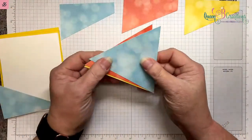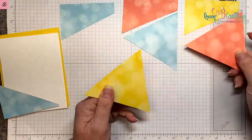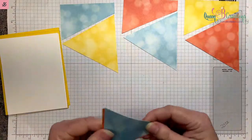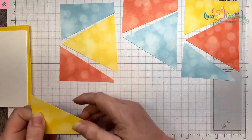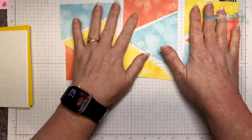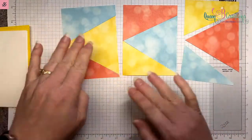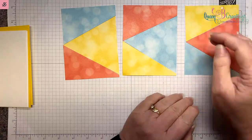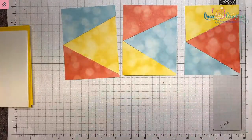Okay, then I'm going to take the next one, and because I started with blue here, I'm going to put blue there. And then there's going to be orange, and then my yellow is going to be over here. Then my blue is going to start here, and that's going to go there, and that's going to go there. Okay, so that's going to give me my 3 different cards. And just by keeping them in their orientation and then fanning them out like that, it allowed me to really